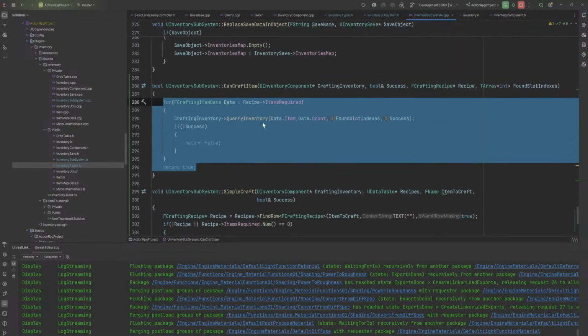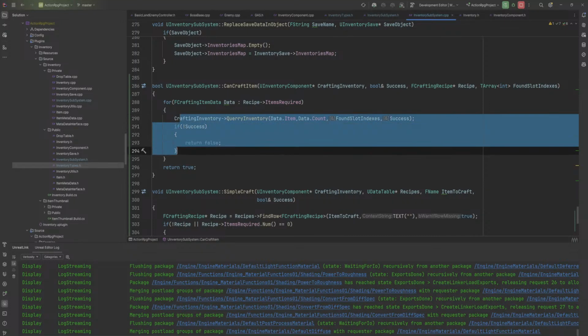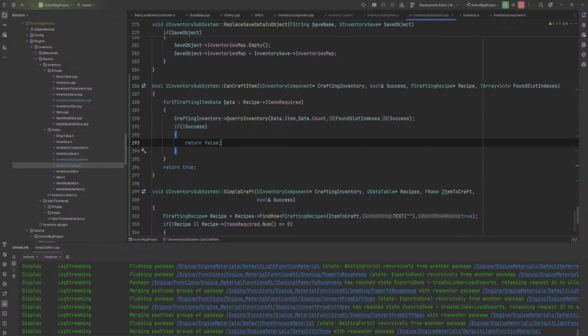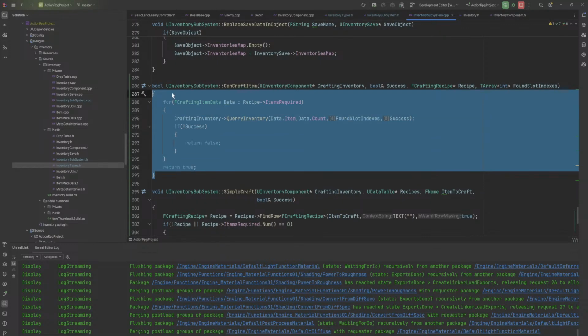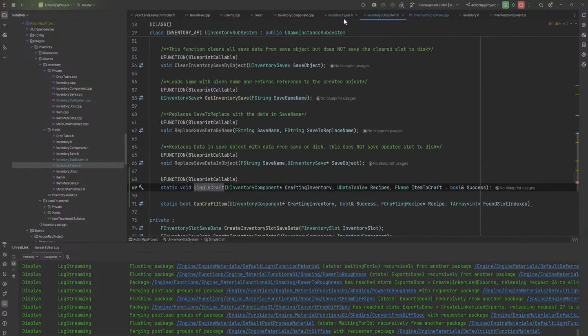The thing that I'm worried about is if we implement removing items in here, it's going to be a pain in the ass if we remove an item and then have to re-add it back. Because it turned out we couldn't actually craft because of the next item down the list. Right, so this just checks generally if we can craft items, which is also good for enabling and disabling